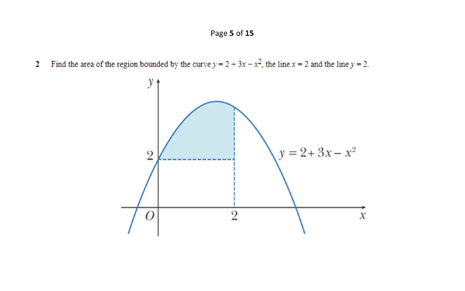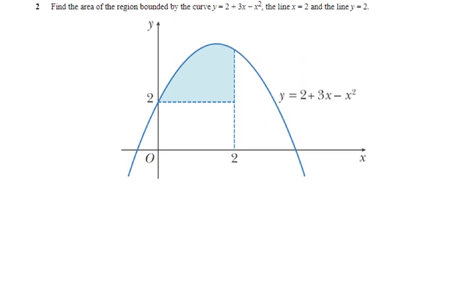Find the area of the region bounded by the curve y equals 2 plus 3x minus x squared, with the line x equals 2 and the line y equals 2. From here, you have all the limits given. So what you need to do is, you can first find the area under the curve from 0 to 2. So let's move on to find the area under the curve, where you take integration from 0 to 2,